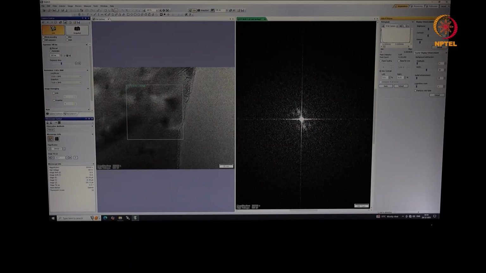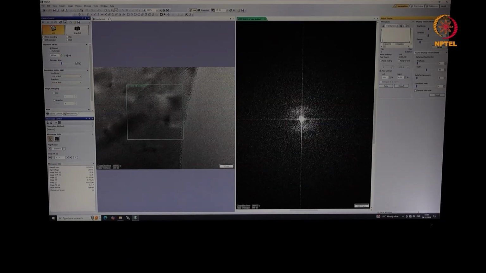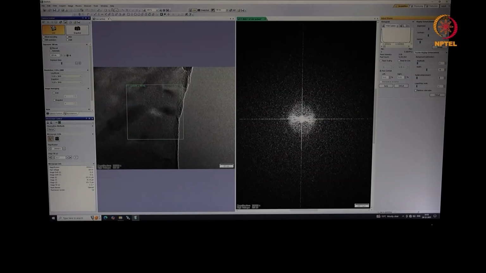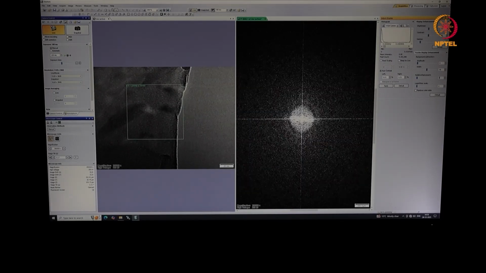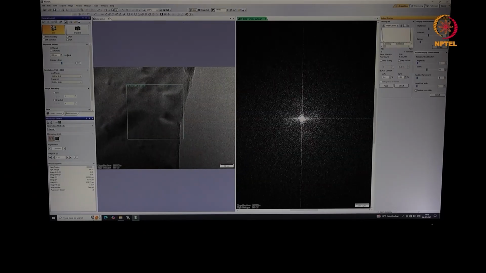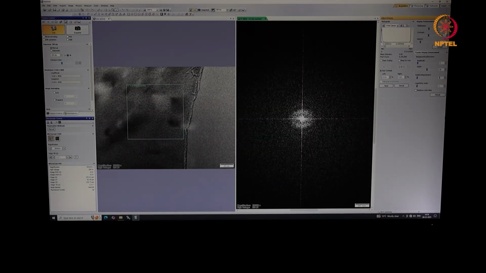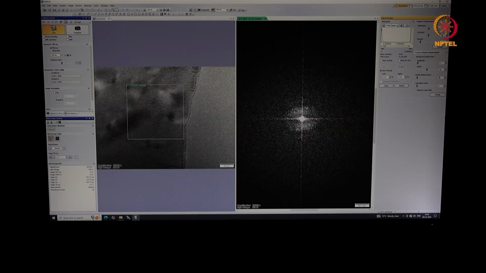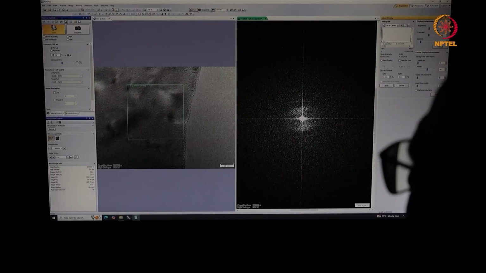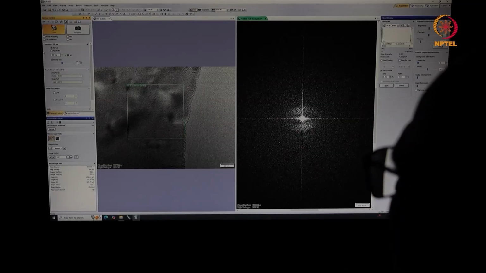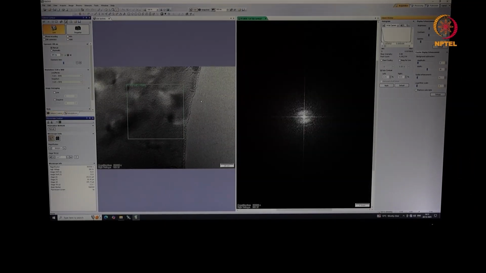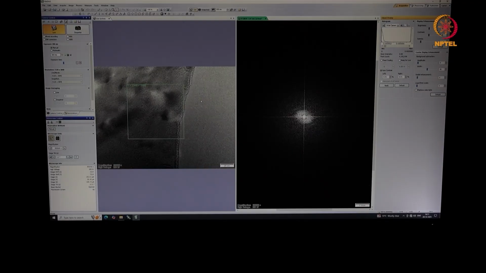We are more or less at the right focus. So I have to go, this is when I go under focus, and this is when I go over focus. You can see that the major axis of the ellipse that you see in this spectrum here is not coinciding on either side. What I'll do is I'll just increase the exposure time to make this a little more evident. So if I select the OL stig button now and I make this as circular as I can,